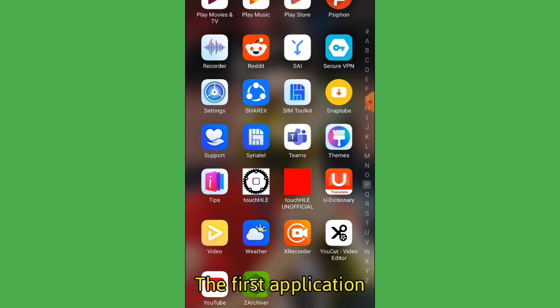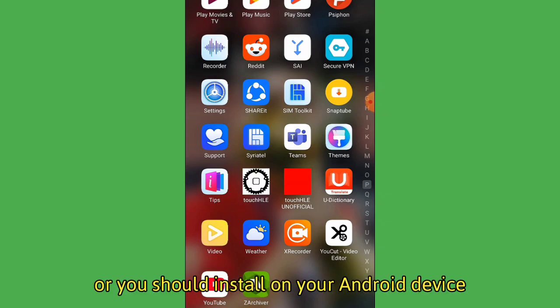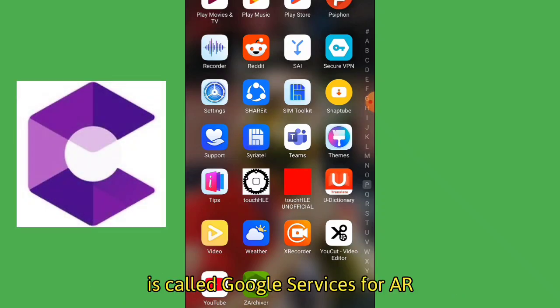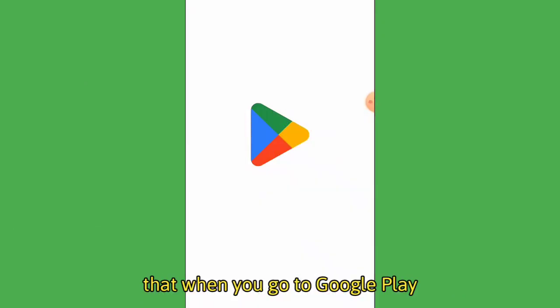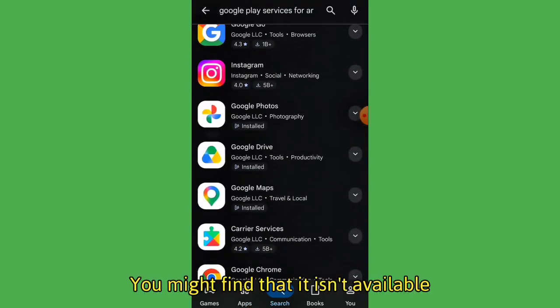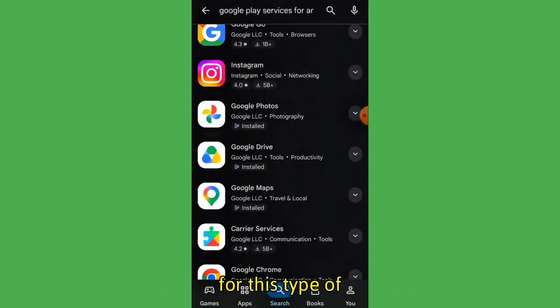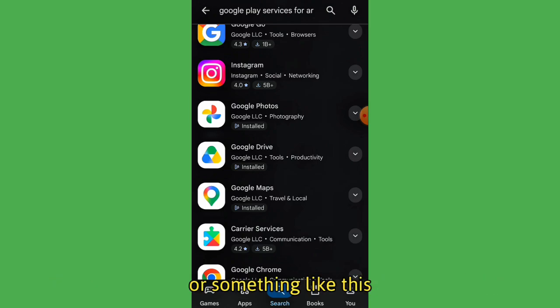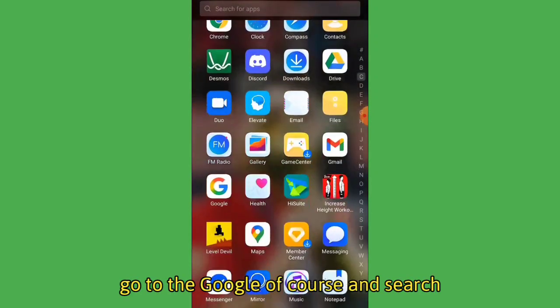The first application that you should install on your Android device is called Google Play Services for AR. And you might think that when you go to Google Play, you might find that it isn't available for this type of device, because in Android devices you cannot download this Google Play Services for AR or something like this. So if you'd like to download it, go to Google, of course, and search